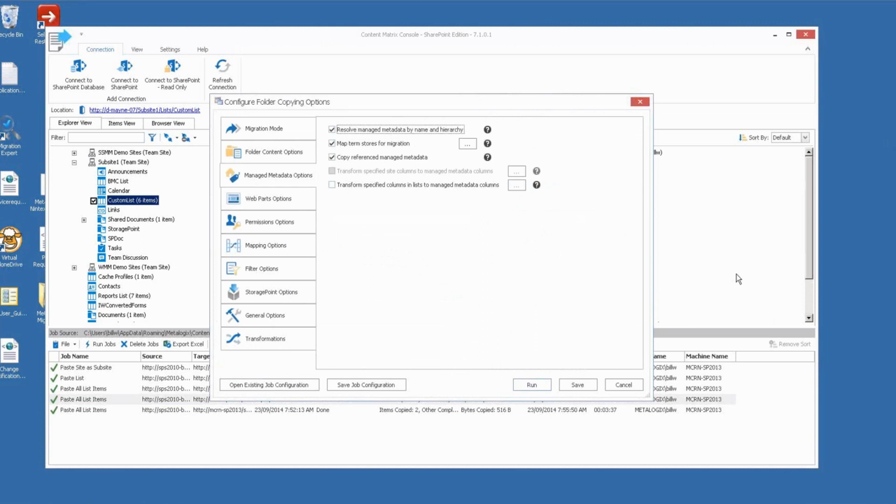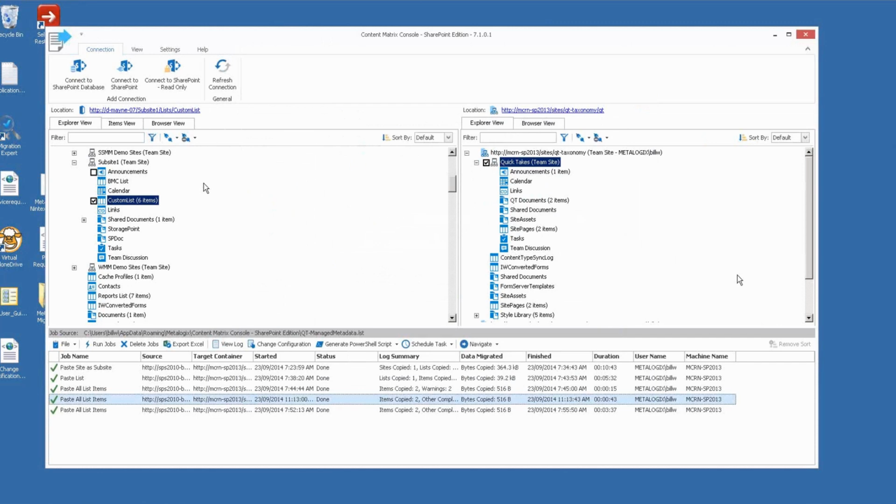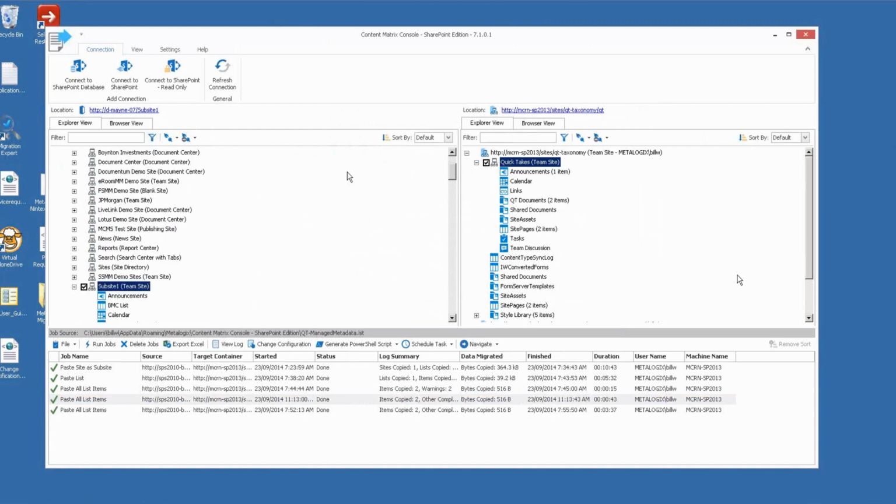Any thoughts why we would need term store admin permissions? Okay, that's a really good question, because that's something new in 7.1. And the reason why you hit that issue is because of the use of enterprise keywords in 2010 or 2013. Previously, when we were copying over content, copying a site, and I can't change it right now to demo that, but